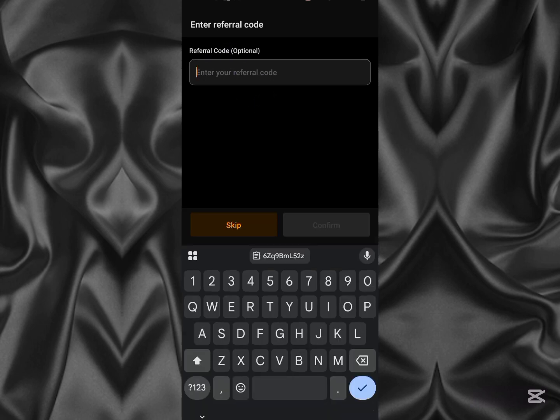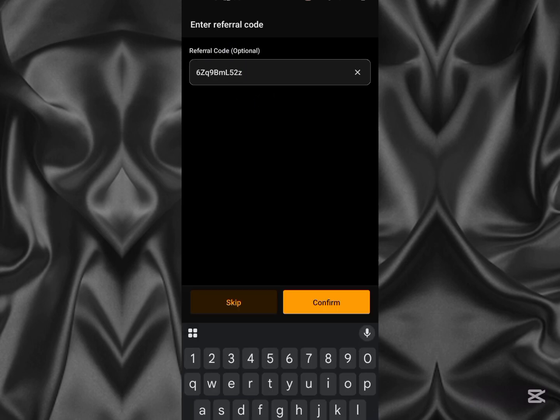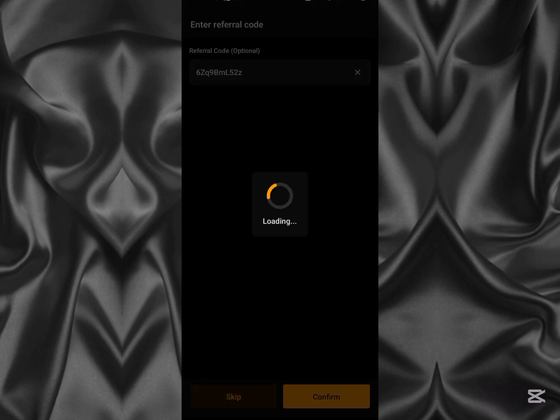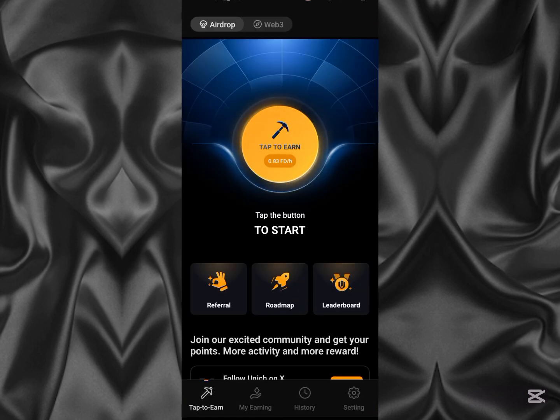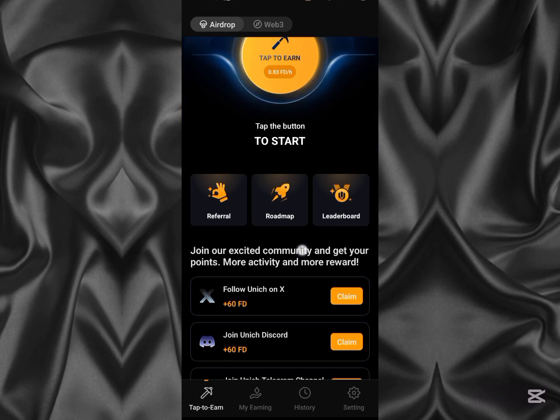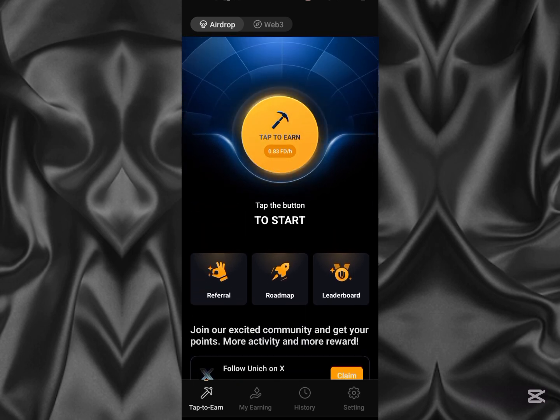So the next thing is for you to input your referral code. You can input my referral code in the description. But if you click the link, you don't have to, just go ahead to confirm. So you can see you get 50 FD points for referral. Another thing about this airdrop is that the referral points are actually very low compared to the farming points. So I don't think it's fully a referral based app. You can go ahead to just mine whether you have referrals or not,